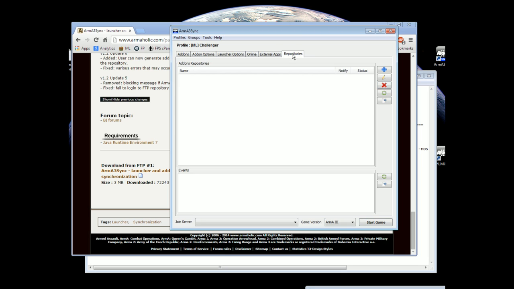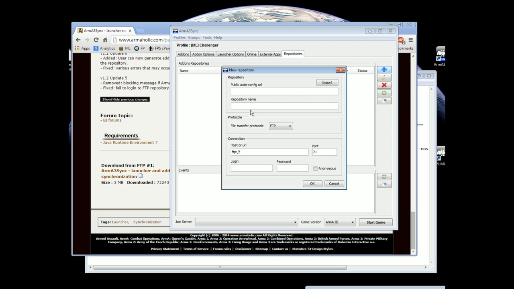We're going to go ahead and click on the last tab here, repositories, and we're going to click the blue plus symbol for add a new repository. It's going to bring up some boxes here. You only have to fill out a couple of things. Repository name, you can call it whatever you want to call it. I'm going to call mine ML